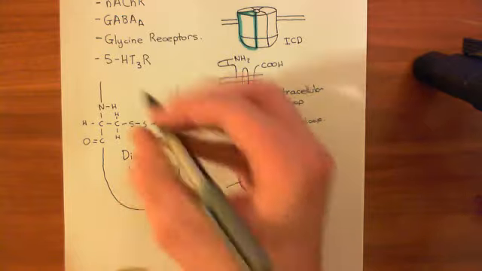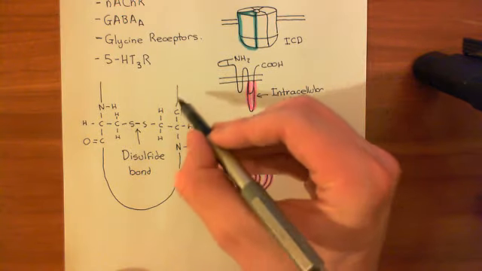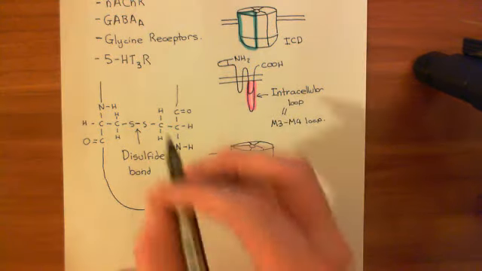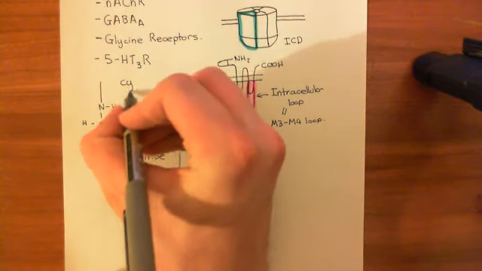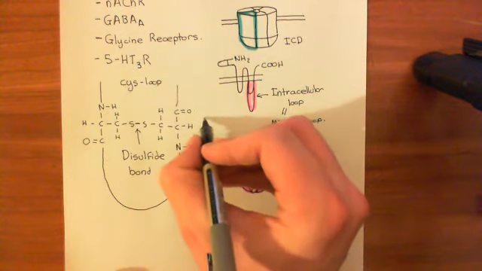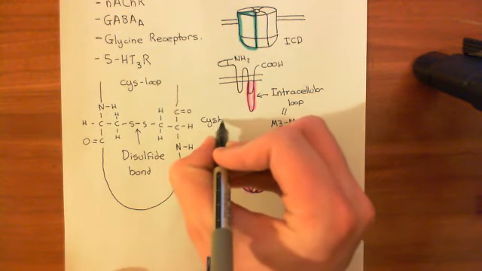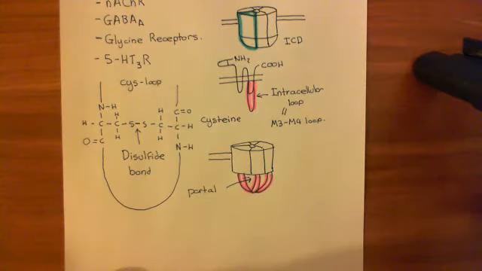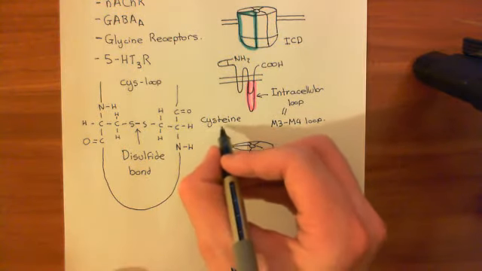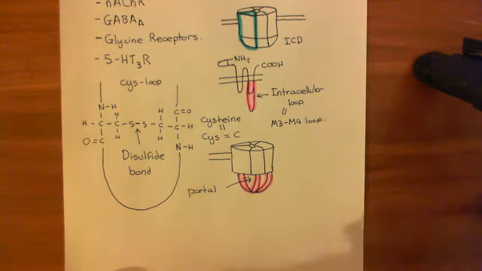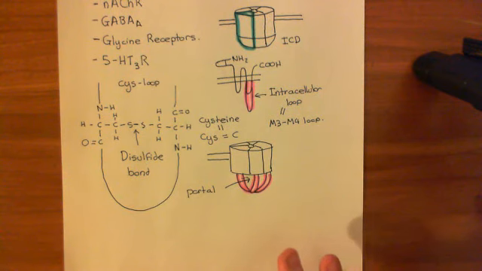So what you've got is this loop in the polypeptide structure held together by a disulfide bond between two cysteine residues in the polypeptides, and this is what's known as a cis loop. And it's because CYS is the 3-letter amino acid code for the amino acid cysteine, which is the amino acid involved in this disulfide bond. So cysteine is also known as cis, or its single-letter amino acid code is just C. Right. Okay, so